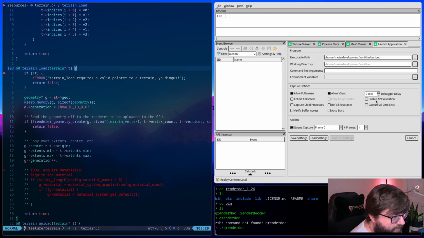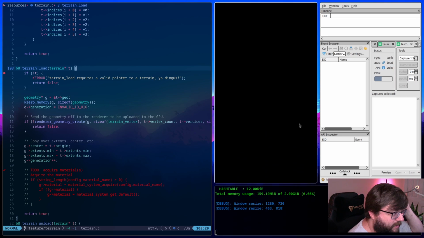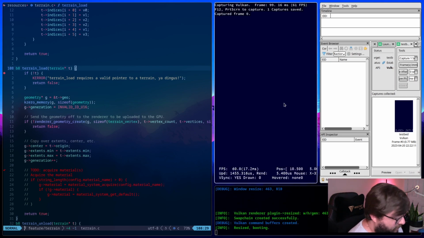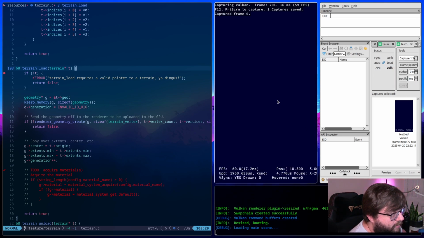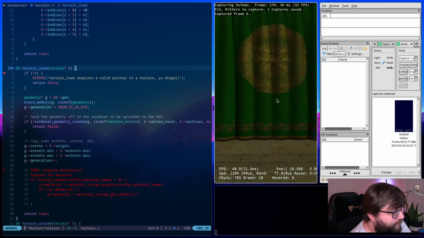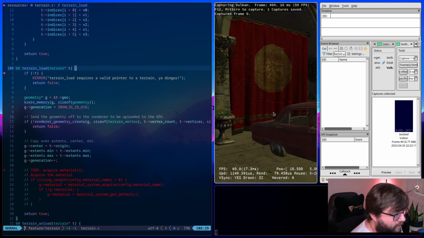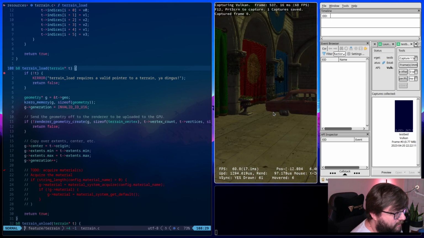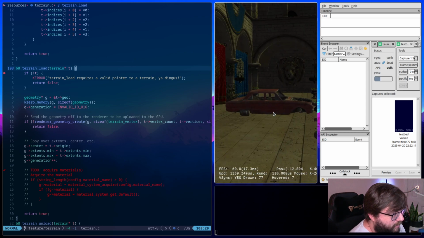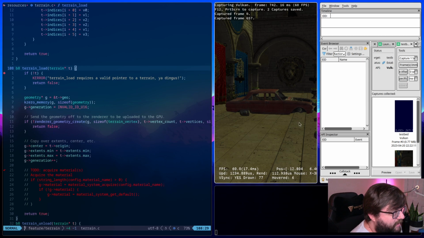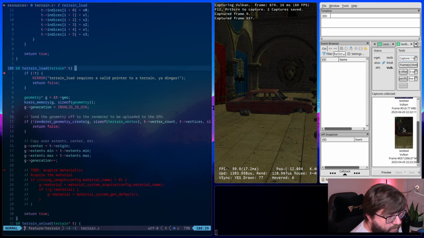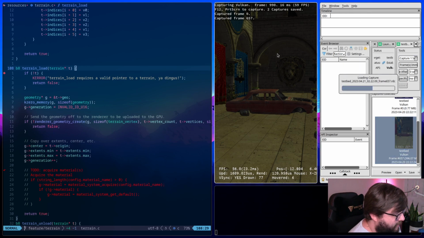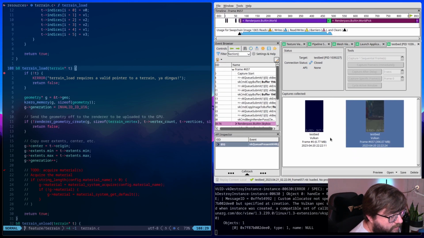I'm going to capture the first frame. Let's try launching this. It's going to be a comically small window, but that's fine. So load this up. And I'm going to just move back like here and take a capture. So let's look at this. I think I can kill the application now. And we shall see.